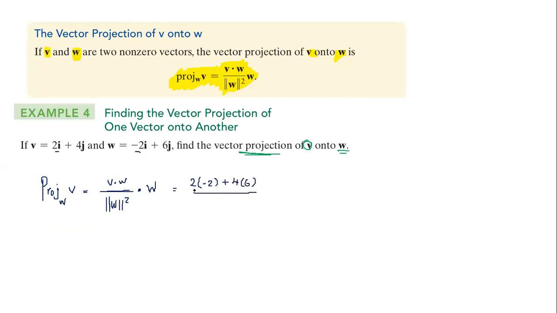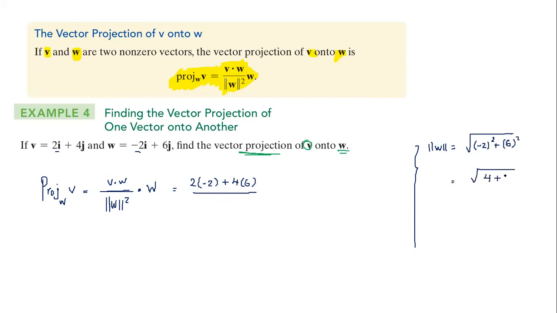This is the numerator. And then the denominator: what's the magnitude of W? Radical of negative 2 squared plus 6 squared, equals